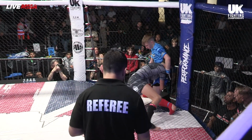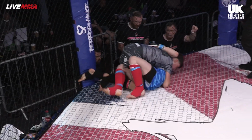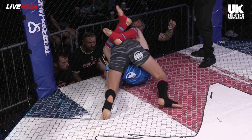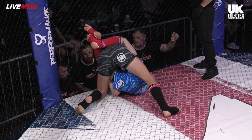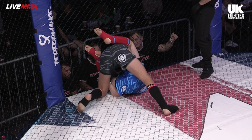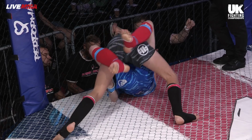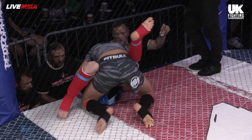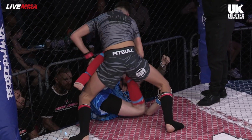Nice, that's a beautiful entry. Nice and smooth. Oh, he's got under the hips, nice. Brilliant. That's brilliant. Looking for the head and arm. Nice, guard recovered. He's going to have to let go of that now. Great work from the man from the bottom to get the guard back up. That's one thing you can say about Stanley, his guard recovery and stuff has been brilliant. And absolutely, his composure underneath. And again, I love the fact that he's not looking just to immediately close up the guard. He's looking to try and get a butterfly in or a...